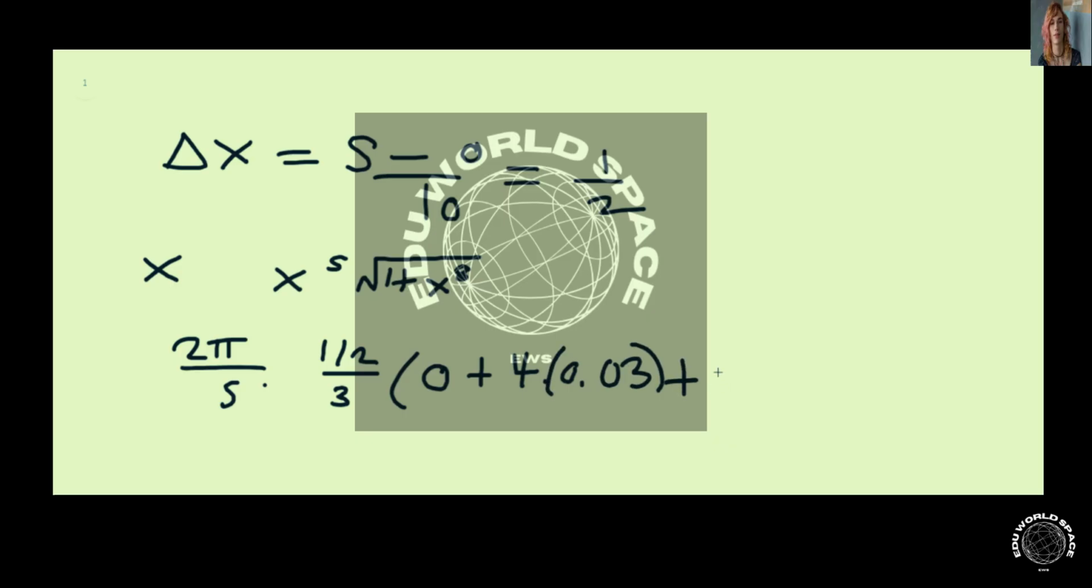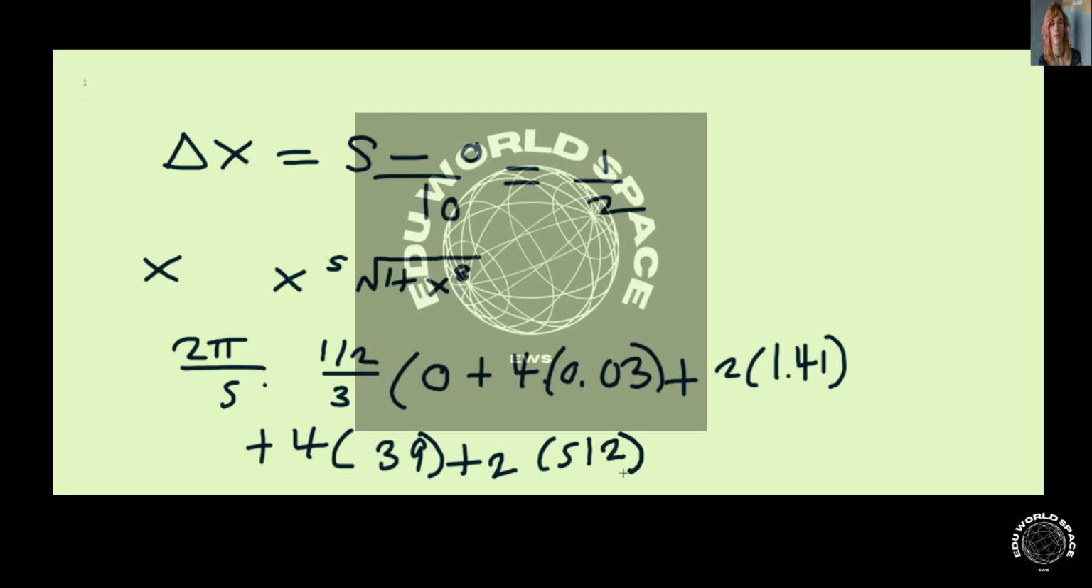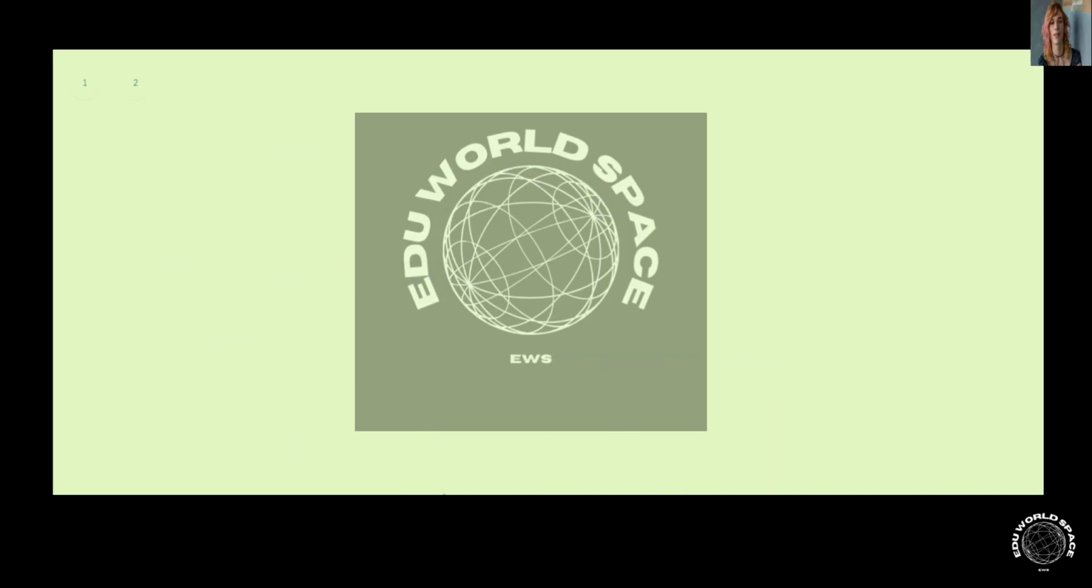plus 2 times f of x2, plus 4 times f of x3, plus 2 times f of x4, and then we have the second row, we can do x5 through x10, so 4 times f of x5,